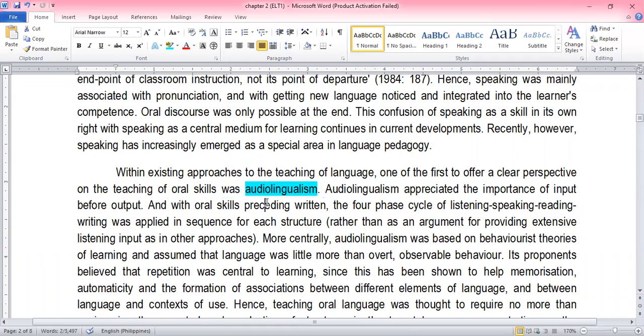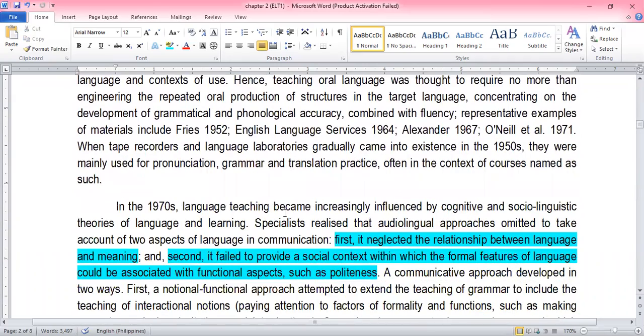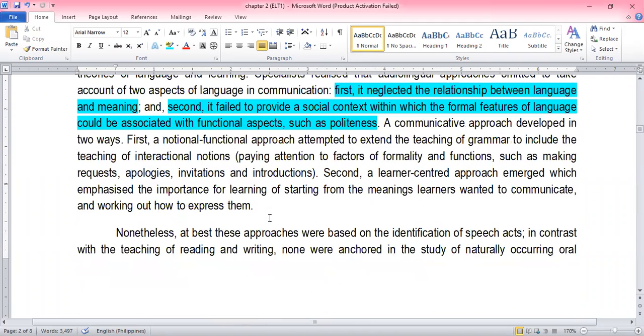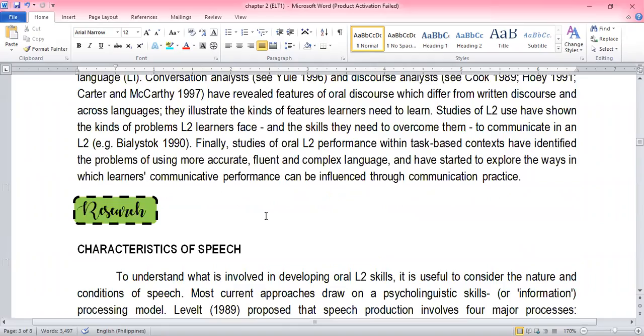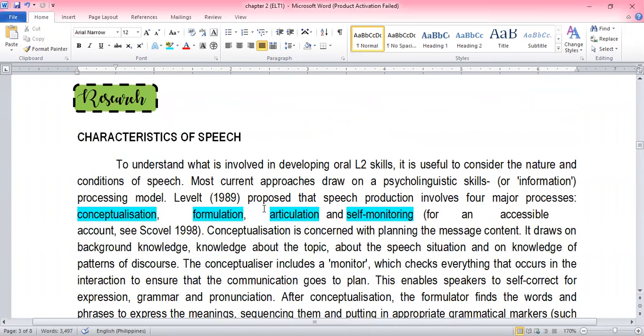So meron tayong audiolingualism. But then in the 1970s, they tried to look at it in a cognitive and social linguistic theories, which is there should be an interrelation between language and culture or the context in which you're going to speak their second language. Okay? Now, sa research tayo, remember, to understand what is involved in developing oral second language skills, it is